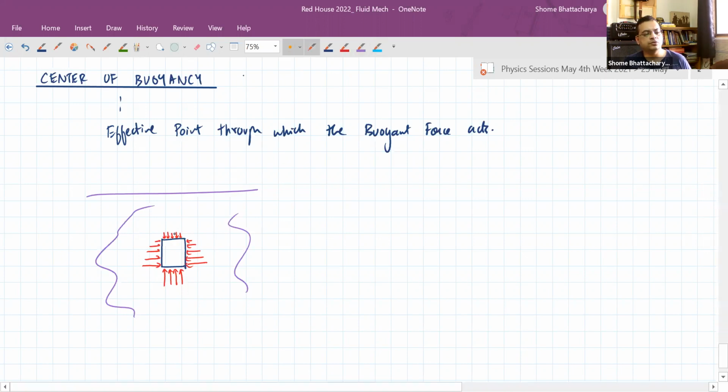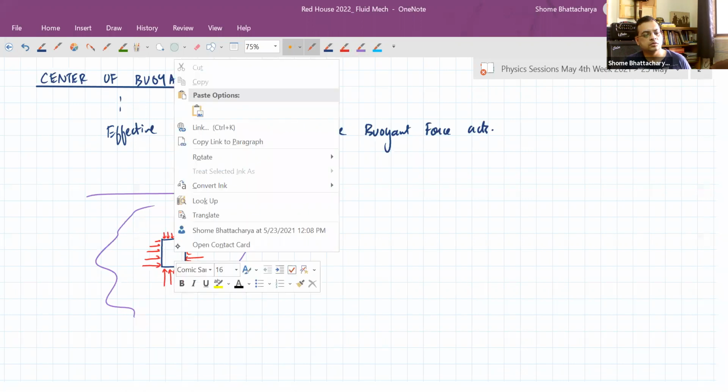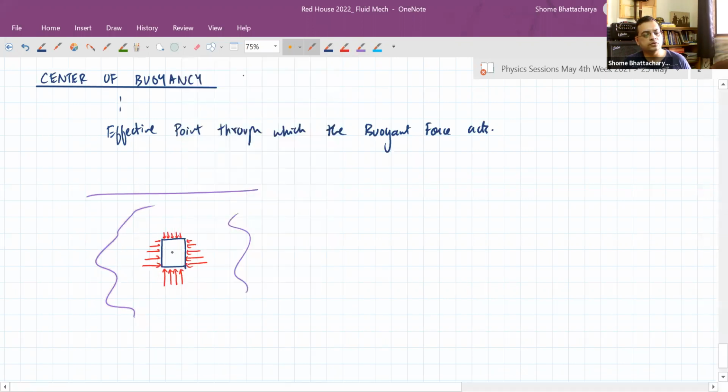So the effective buoyant force in this case will act through the centroid of this. So the point through which it acts, let's say we call that CP. So in this case, the buoyant center is the centroid of